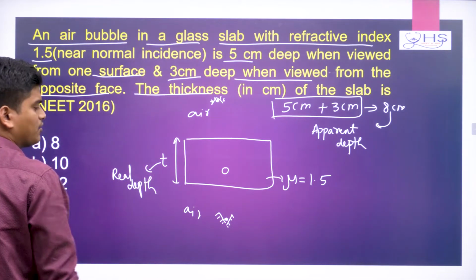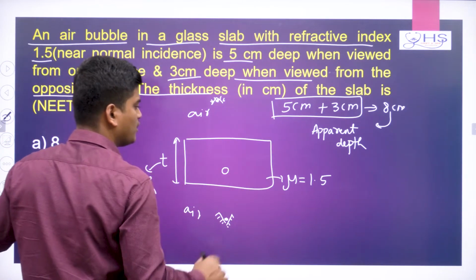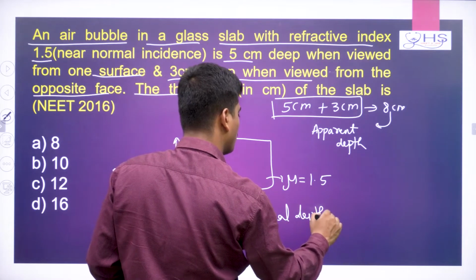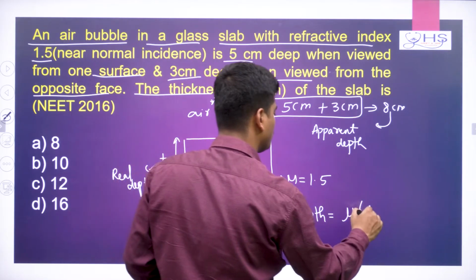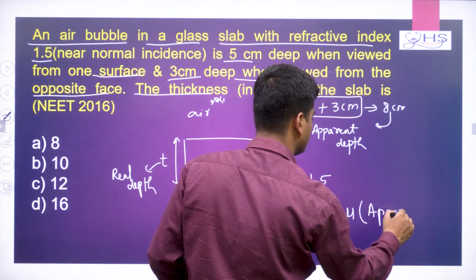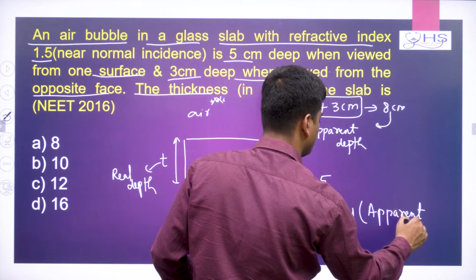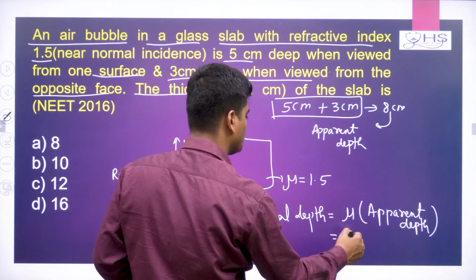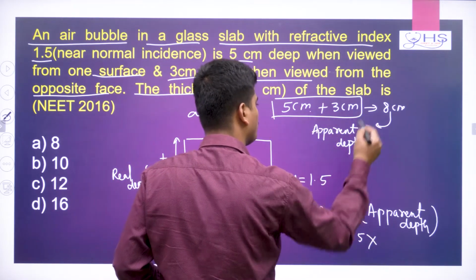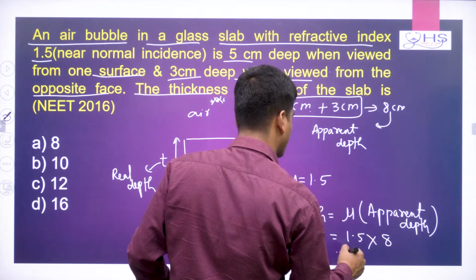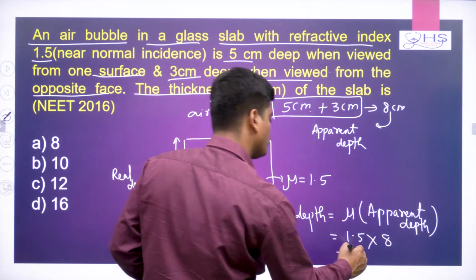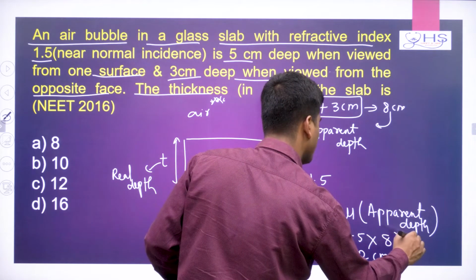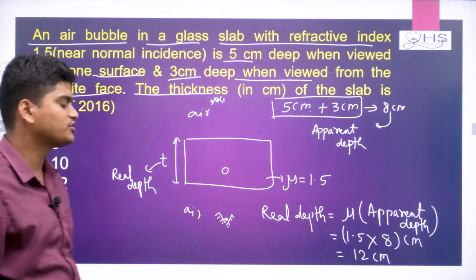Okay. Now here what can I write? Refractive index already given, I can write the real depth formula: real depth is equal to refractive index into apparent depth. You can tell basically apparent distance. Now here mu is given 1.5 and together you are telling apparent, so it is 8. So we will calculate 1.5 into 8, it will become how much? 12 centimeter, because everything is given in centimeter, apparent depth and real depth will also come in centimeter.